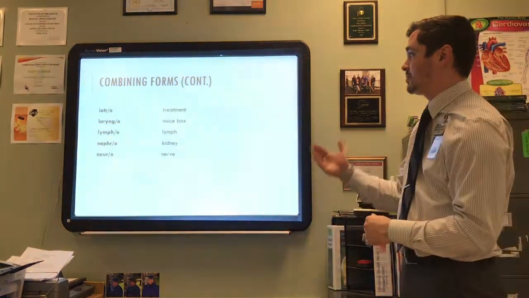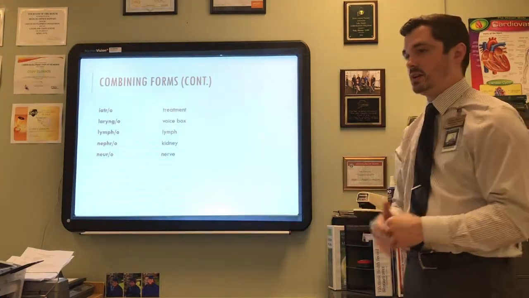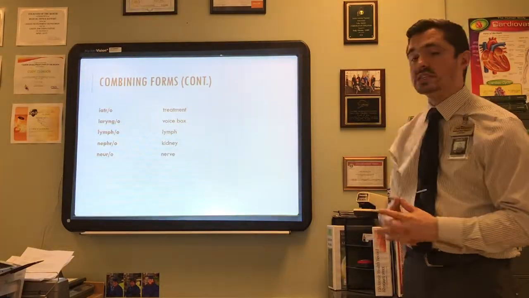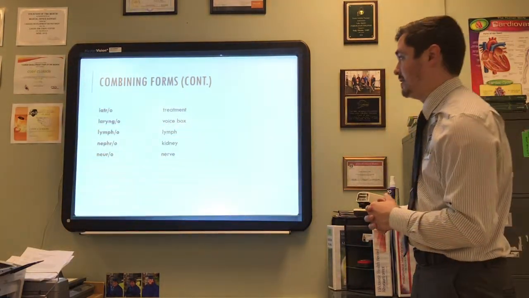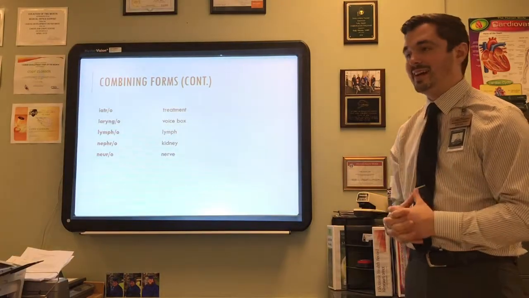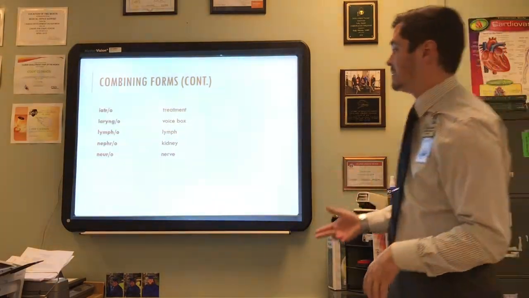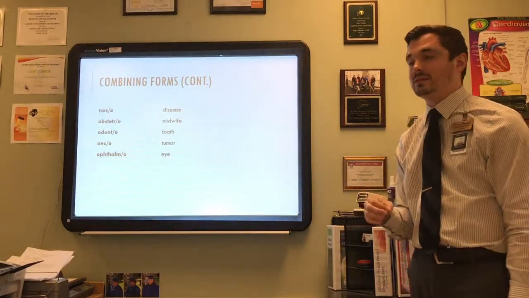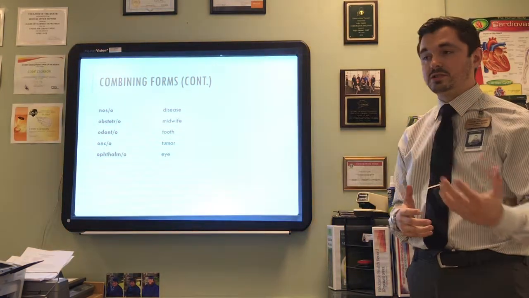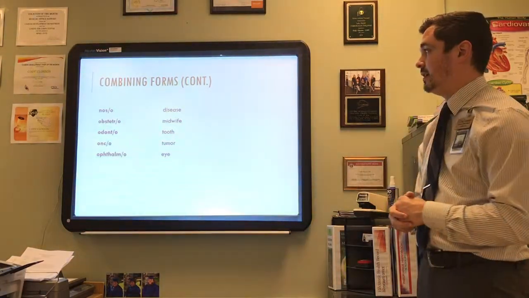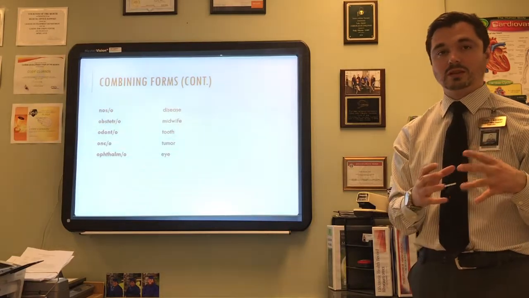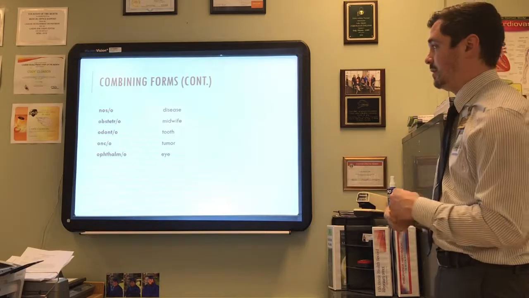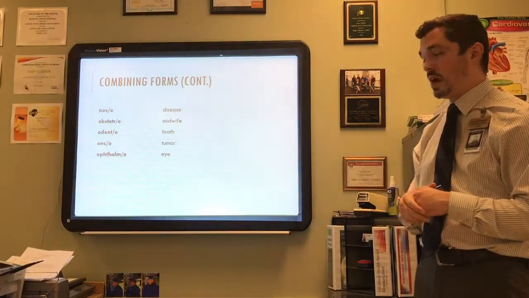Iatro, okay, is the treatment of. Geriatrician, okay, they treat old age. Larynx is your voice box, okay, your larynx. Lymph means lymph. Nephro is another term for kidney, and neuro is nerve. We've heard those ones before. Nos is disease, like diagnostic testing. Obstetrics or obstetric is midwife. Most generally, when you see a gynecologist, they may be an OBGYN, an obstetric gynecologist, where they deal with babies as well. Odonto is teeth.